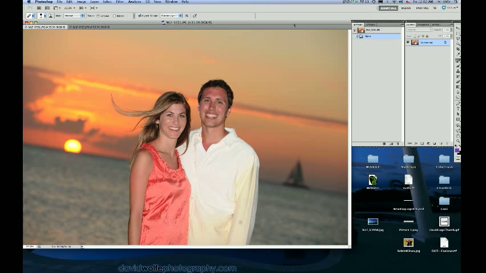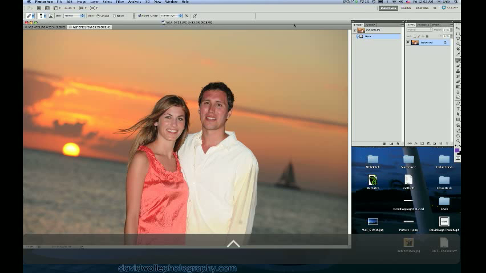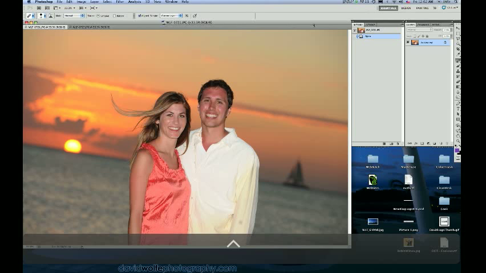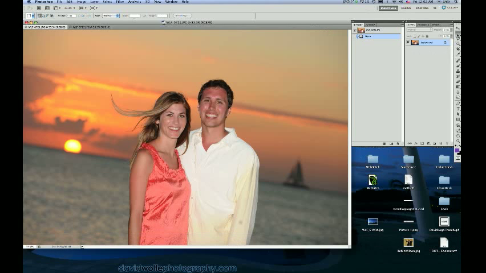Okay, so we have two pictures here. In the first picture, Caitlin's hair is flying away. And in the second picture, her hair looks much better, but Dane's face has a funny expression. So, what we're going to do is go to the first picture, the one with Dane looking cool, and get